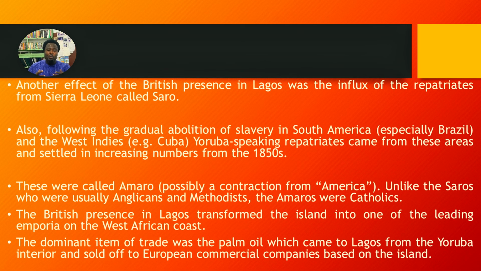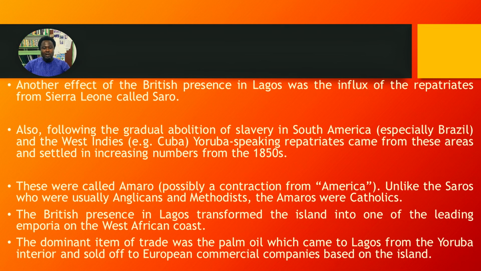So unlike Kosoko, who wouldn't allow all of these repatriated slaves to settle, some of the terms of the treaty signed with Dosumu was that all of these were going to be allowed to settle down and be integrated into Lagos. So these were called the Amaru, possibly a contraction of America, unlike the Saro, who were usually Anglican and Methodists. The Amaros were Catholics. So the British presence in Lagos transformed the island into one of the leading emporia of